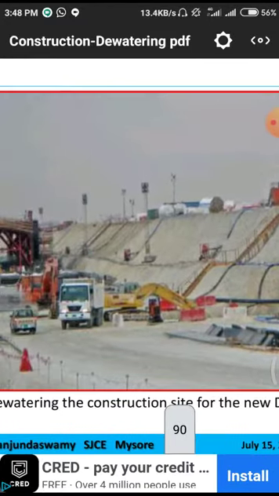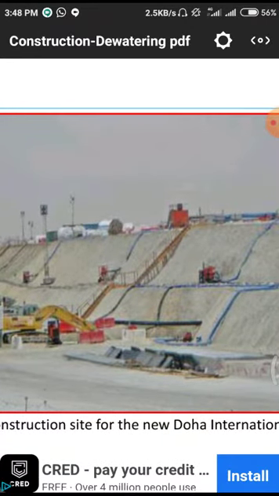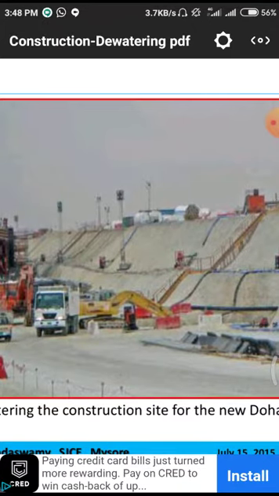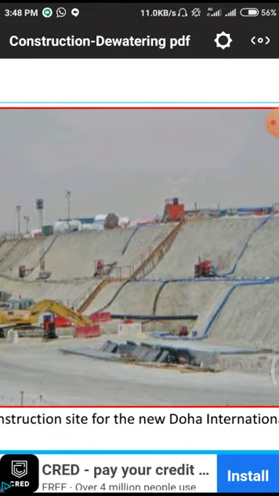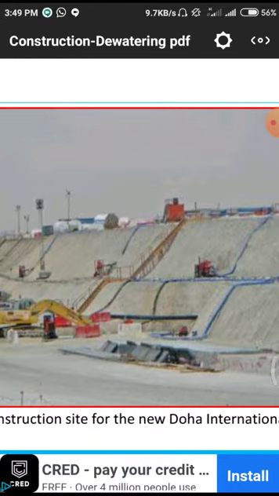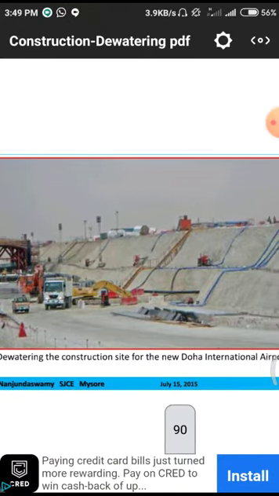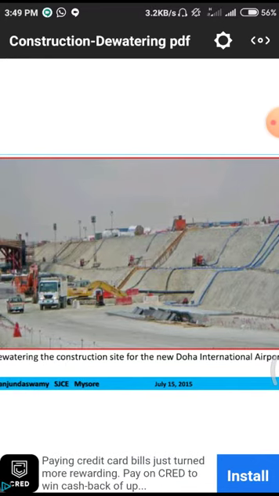It is another working process. In the working process also we have these pipeline systems at proper intervals, each pipeline system dredging the water from the required points. We also have cranes and other equipment installed. Dewatering concentrate from the Doha International Airport. Normally, in particular airports, if there is a water quantity, automatically